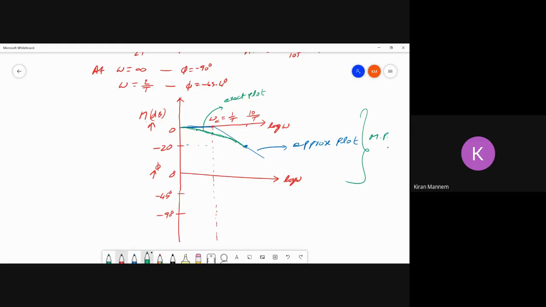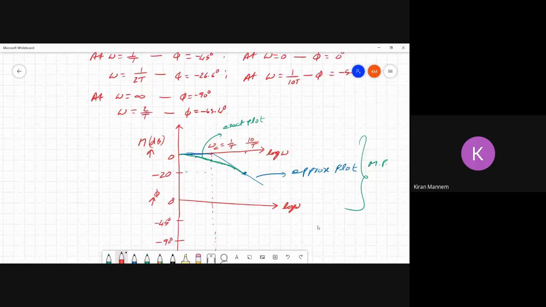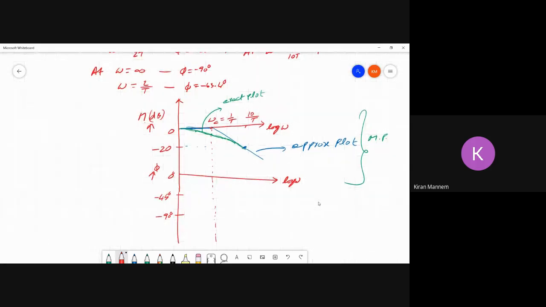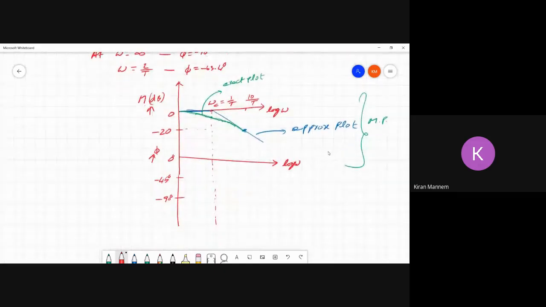So let us again look at the phase plot. At corner frequency, what's the value? At corner frequency, I hope it is minus 45 degrees. Let me check. Yeah, at corner frequency it is minus 45 degrees, and as omega tends to infinity, it is minus 90 degrees. And at omega equal to 0, then it would be,